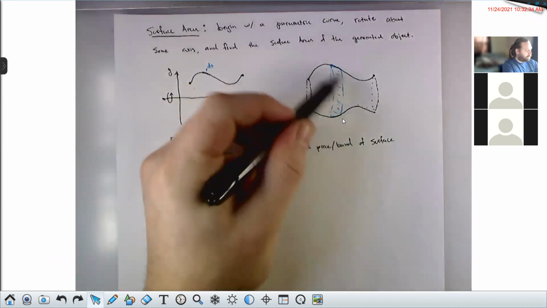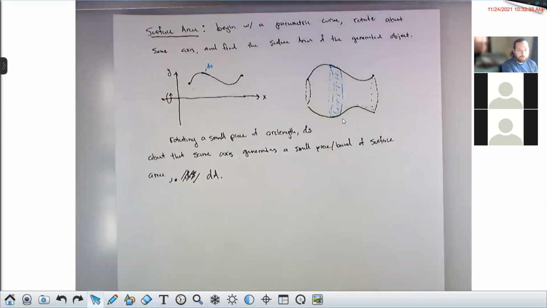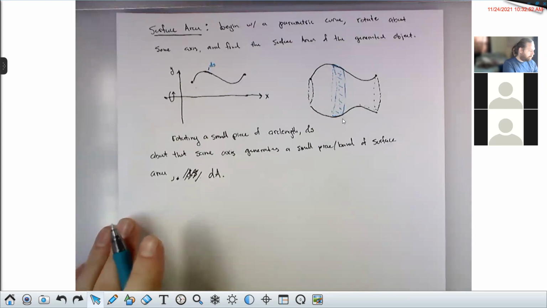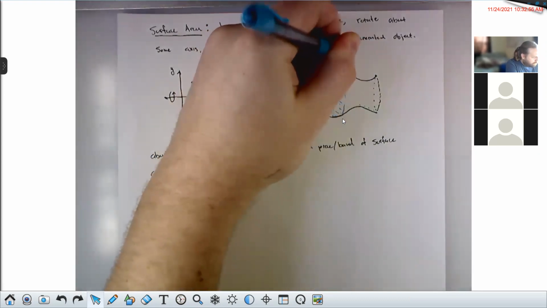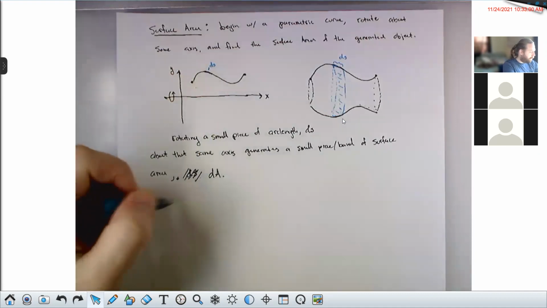If I can find a formula for the surface area of this little blue band here, then I can integrate that to get the surface area of the whole solid, the whole manifold. And the trick here is kind of like what we did with the shells and the volume stuff. This is ds, my little piece of arc length. So if I take that band